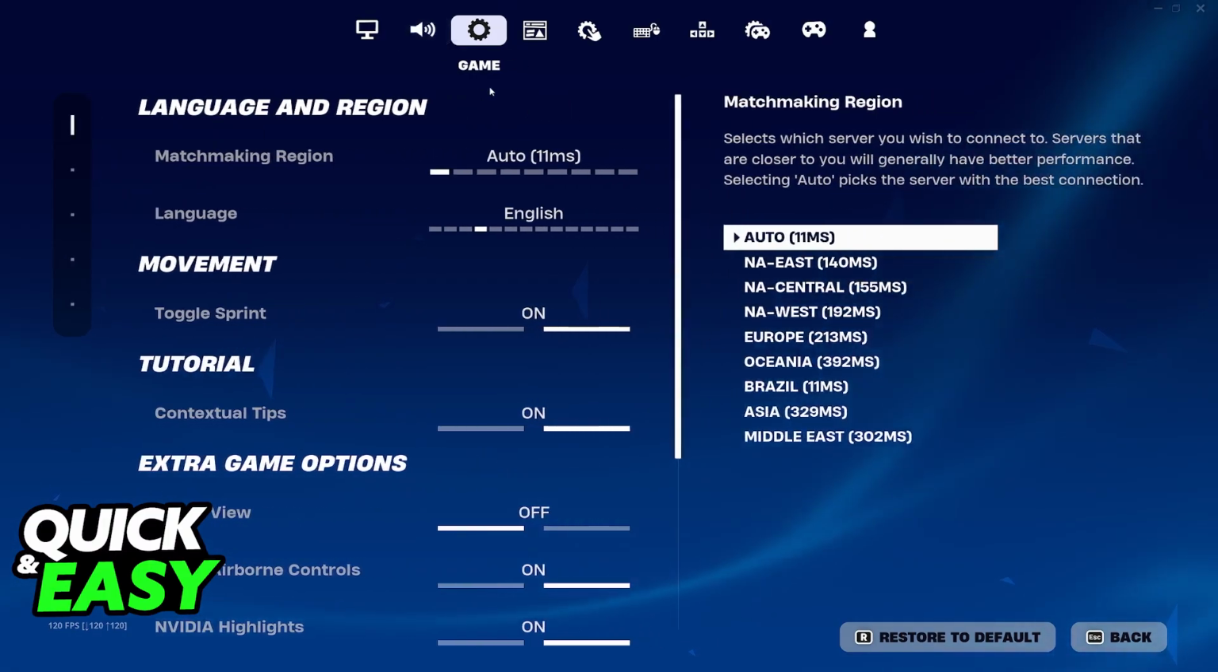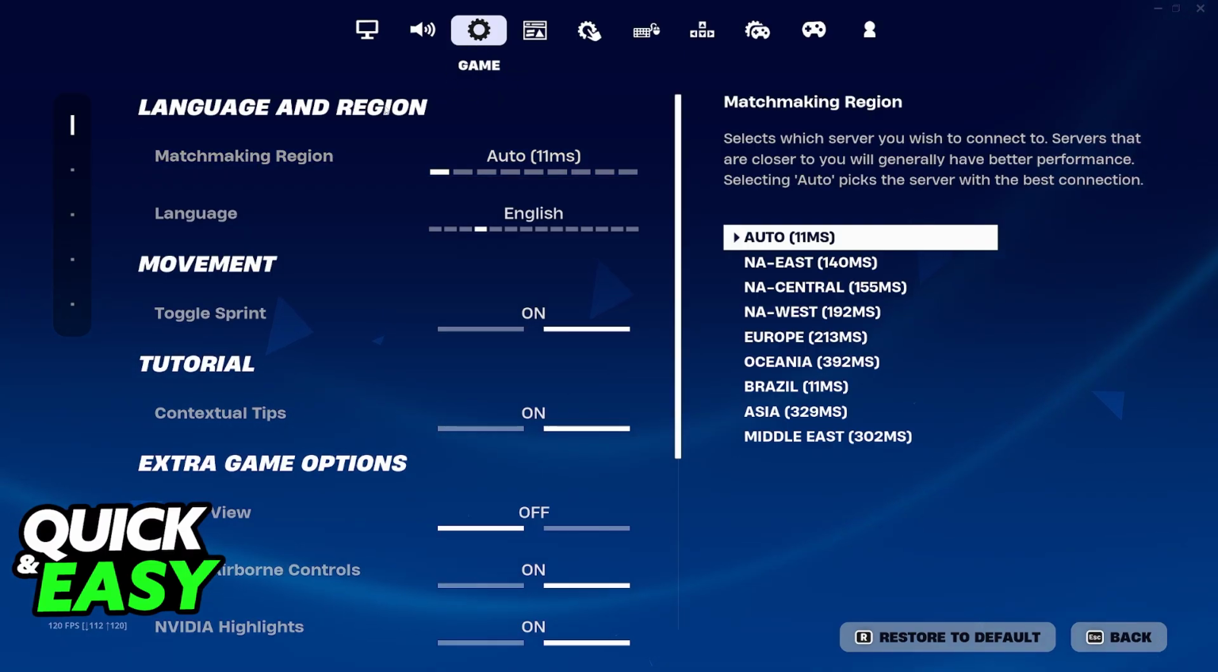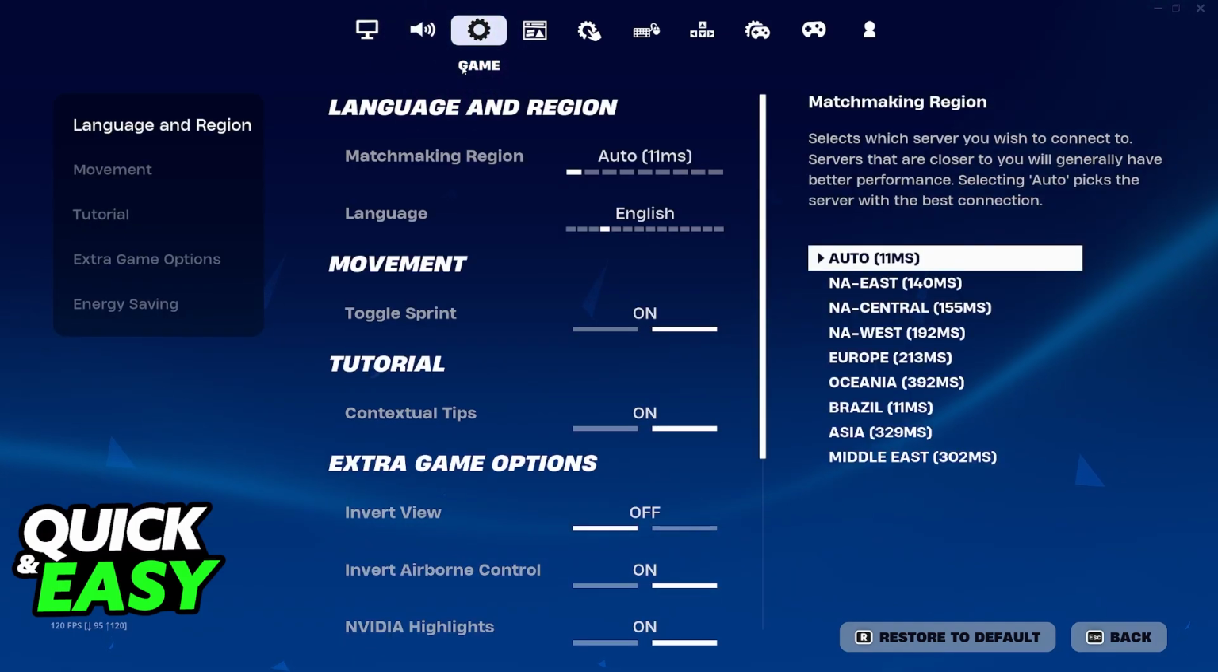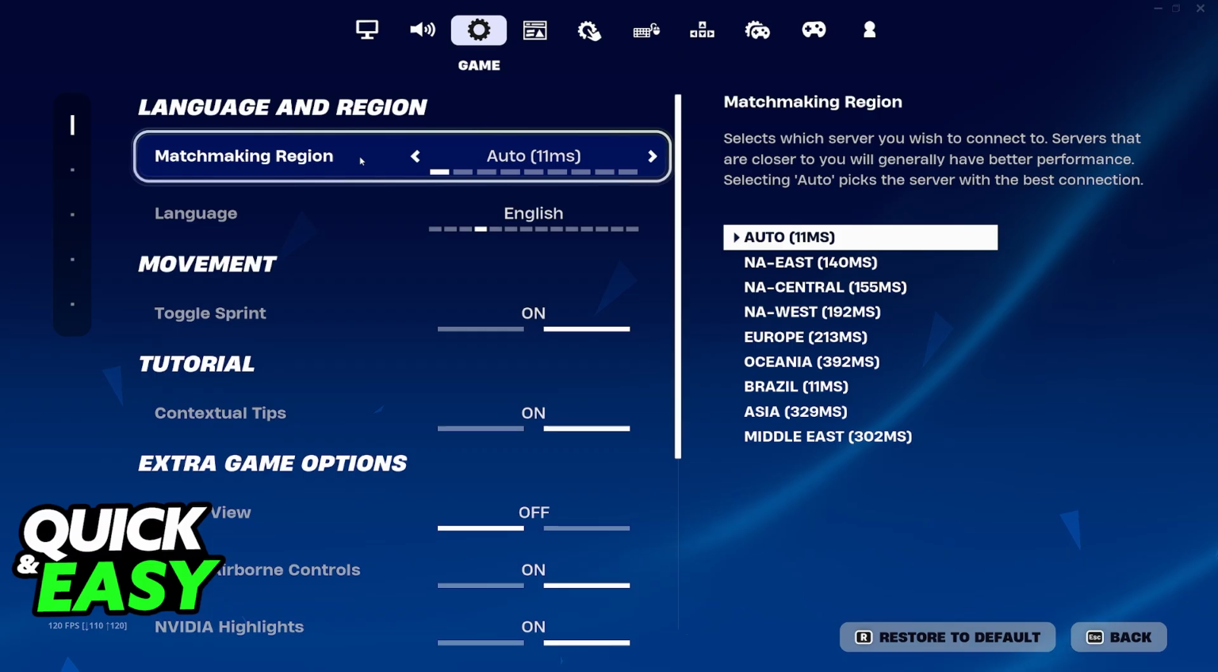The first thing that you should check is the matchmaking region, which is set inside of the game when you go over to the settings. So access the settings and visit the third category, named Game. Under Language and Region, you will find the main matchmaking region. You want to set this to automatic, which is going to look for servers near you, giving you the lowest